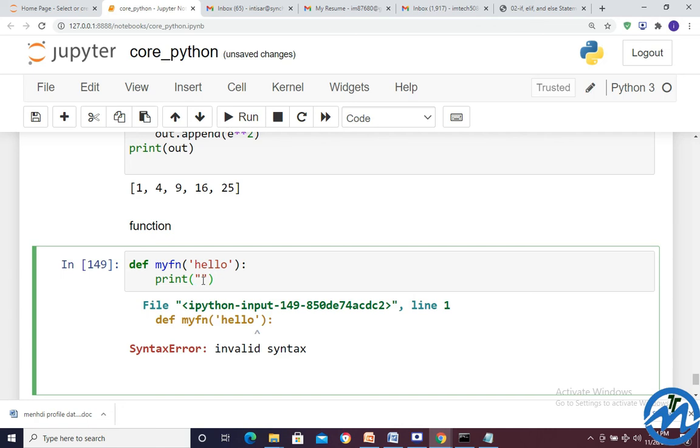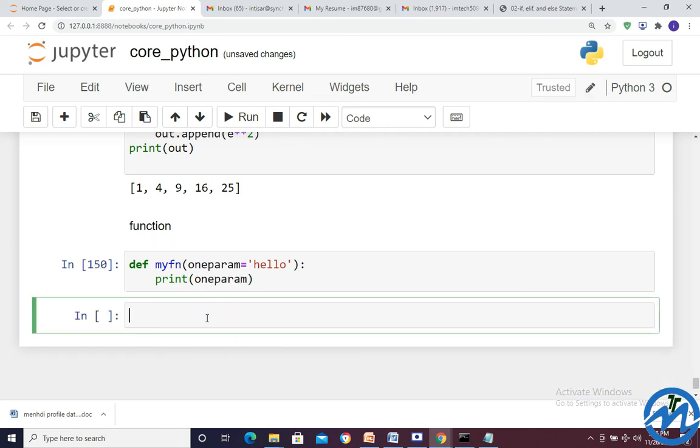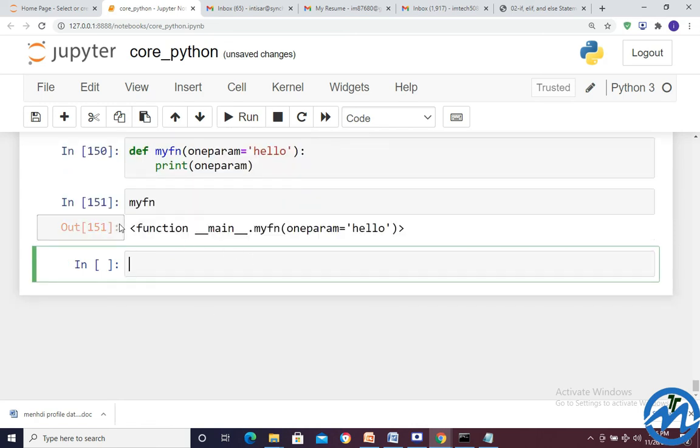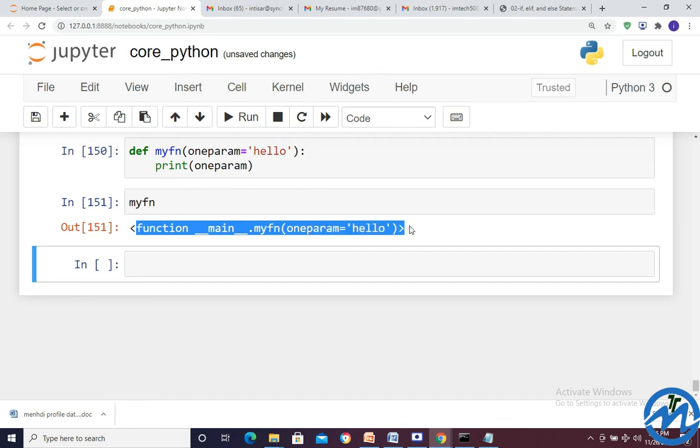Oh, sorry, I'll give the print in this, and I'll write one param is equal to hello, and here in this print I'll give one param. Enter, and here I'll call my fn, enter. So this function has been displayed in this manner.